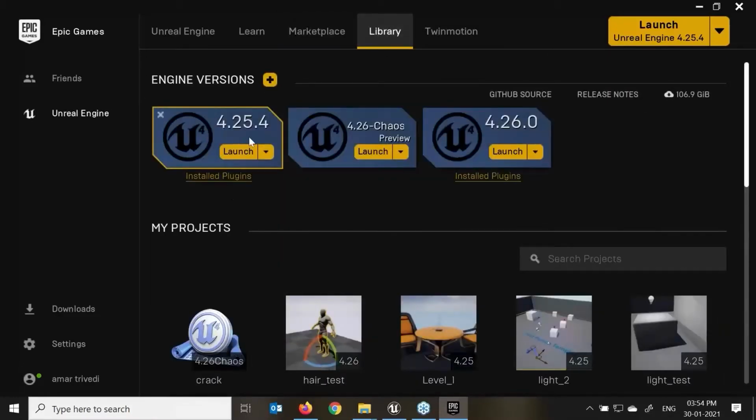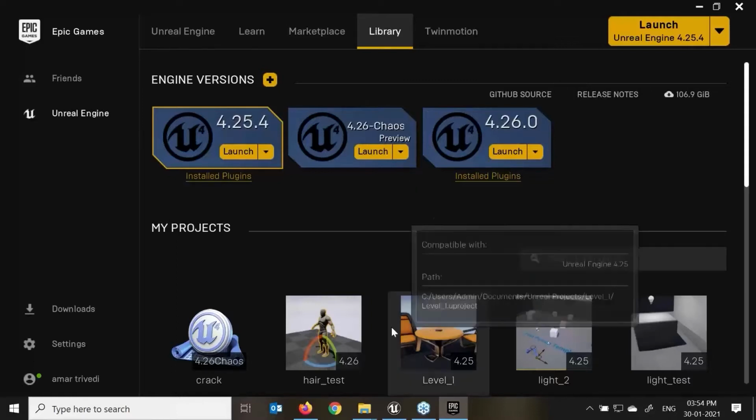Here you can see we have the different versions of Unreal: 4.2, 5.4, 4.26, and 4.26 kiosk. This is the one where I've added more physical properties, in these beta versions. 4.26 and 4.26 kiosk are both different. This is again a beta version, but it is nearly 12 to 16 GB of software.